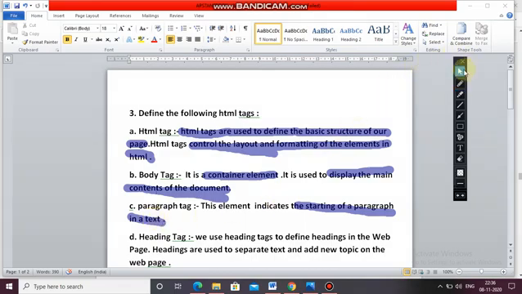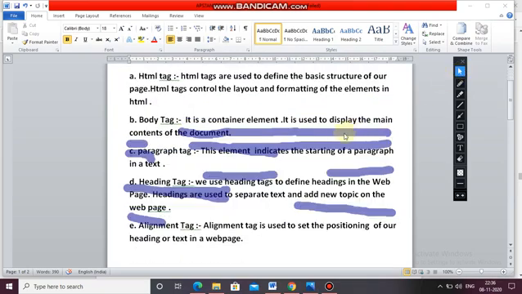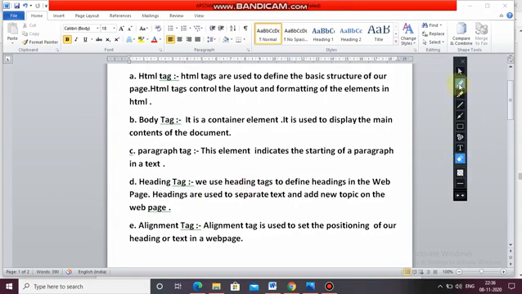Now next one is heading tag. We use heading tags to define headings in the web page, and these are used to separate text and add new topics on the web page. Okay, so this is for heading tag.